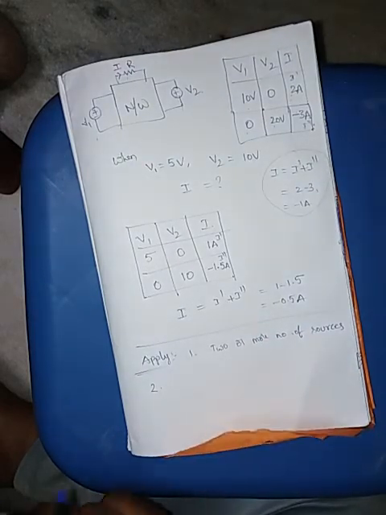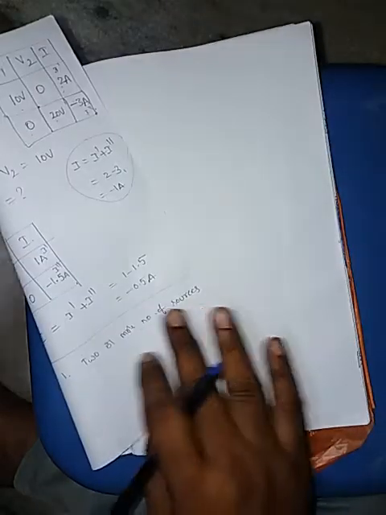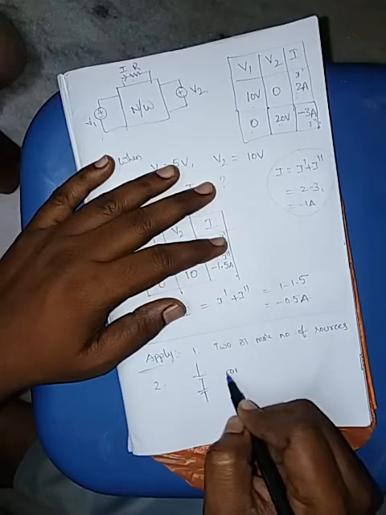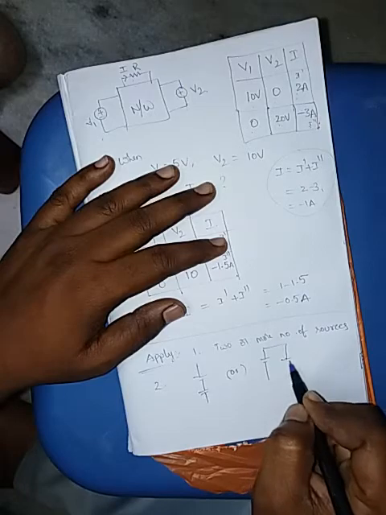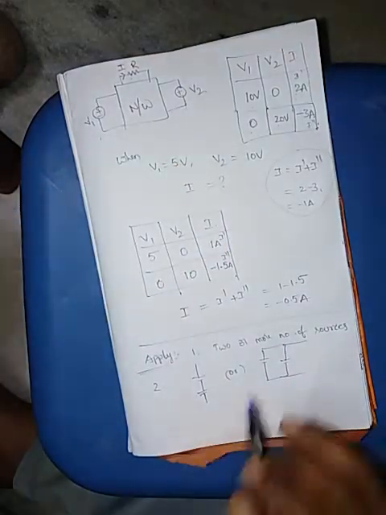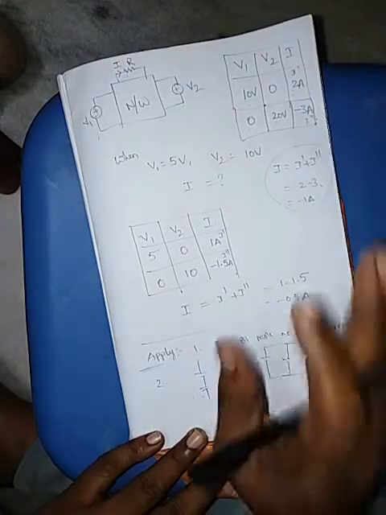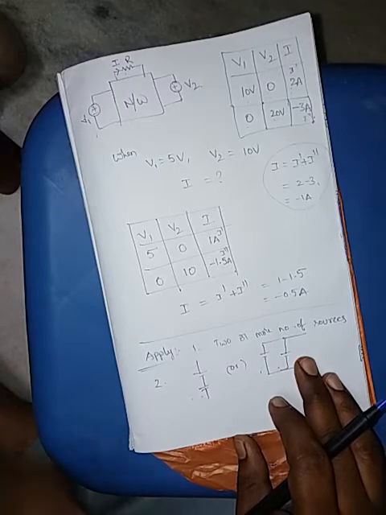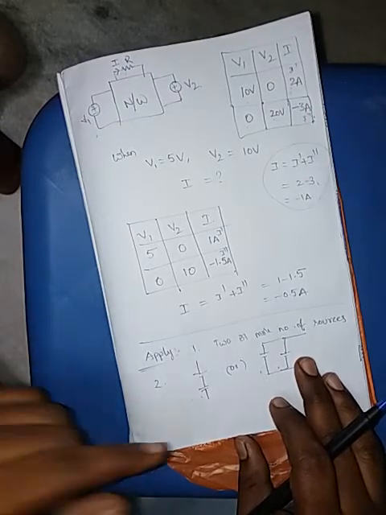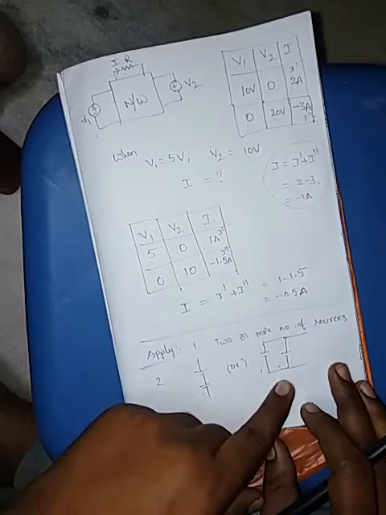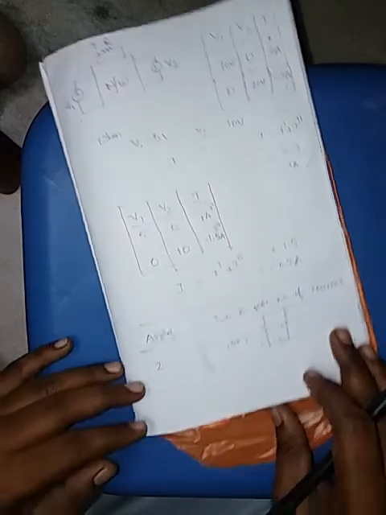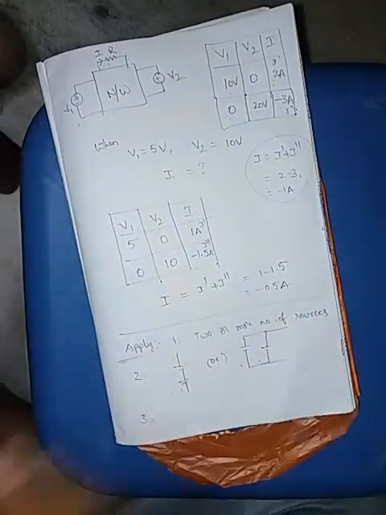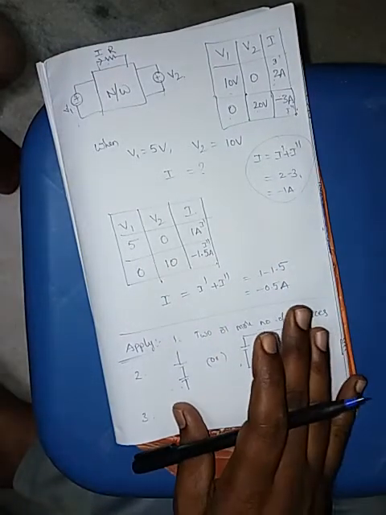And the second condition is, suppose for example I have two voltage sources. The two voltage sources may be connected either in series or in parallel. Like this. Under this condition also I should not apply the superposition theorem. You should remember that multiple sources may be present, but if the multiple sources are connected either in series or in parallel, then you should not apply the superposition theorem. Next, the third one is that the network must be linear, bilateral and homogeneous. Then only you can apply the superposition theorem.